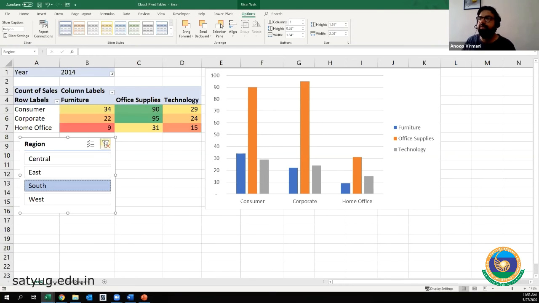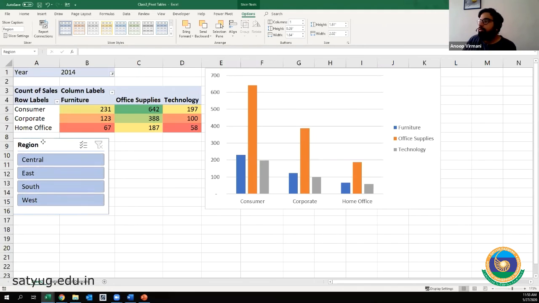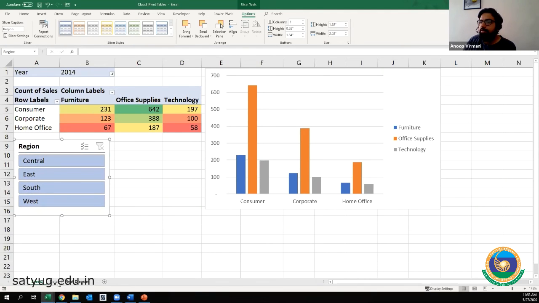Don't get confused, but see how interactive you can make this data for the ones you are presenting to by adding small little details like a slicer, right? A pivot table, as told earlier, is something that helps you summarize your data. Don't get confused, practice it.